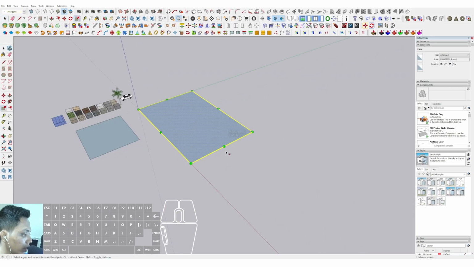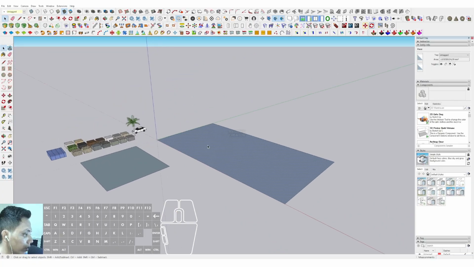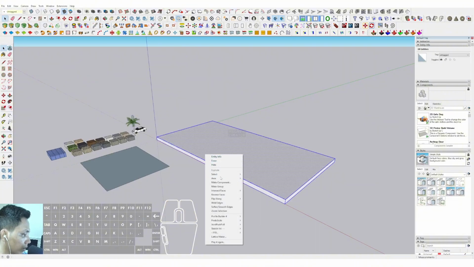Okay, and then we can enlarge it. So the distance is around 45 and the depth is around 24. Okay, then we can click the surface and push it up 1 meter in here. Triple click and make component,